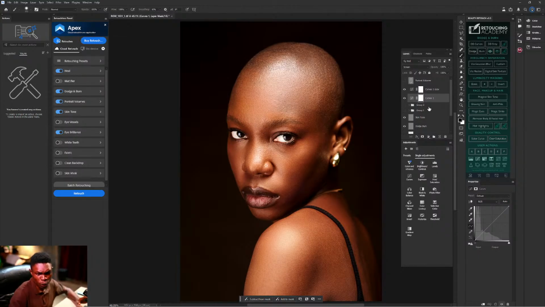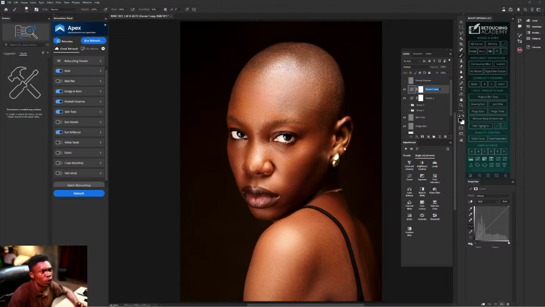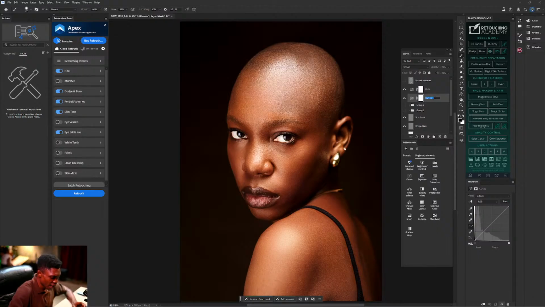Yes, now Photoshop. Don't mind that my Photoshop interface looks like this. So now I like it to be this way. Now the Photoshop I am using. So you see these two now. This top one is for dodge, and this one is for burn. This bottom one is for dodge.